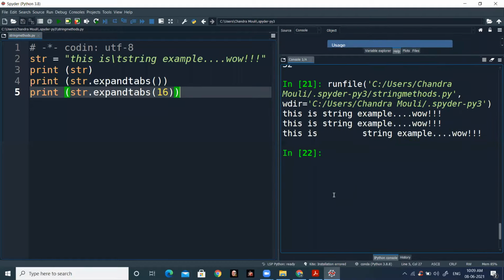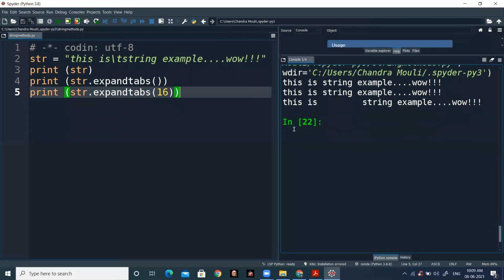You can observe here, from the first print statement we are printing the same string, print of str. This is string example wow, with backslash t.